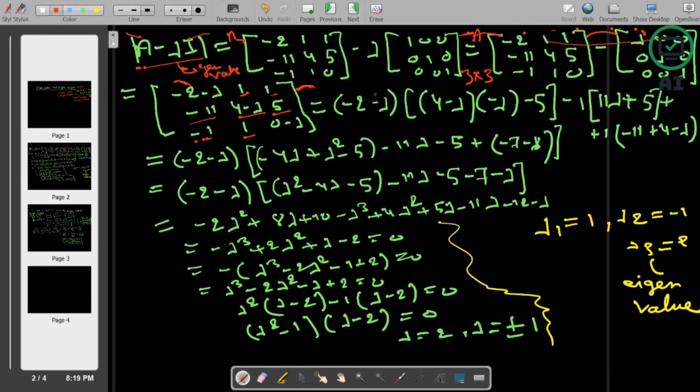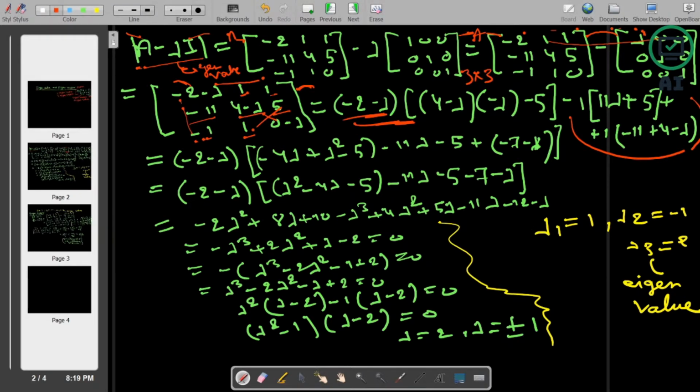So this one we have taken, and this particular row and column will be deleted. Then 4 minus lambda multiplied by this and then this, so minus 5. You all know how to calculate the determinant. If you do not know, I have already explained it in my previous video. Please go and watch that one or get some information from anywhere. So you have solved this one, and this is nothing but a determinant, and now you are solving this particular equation.